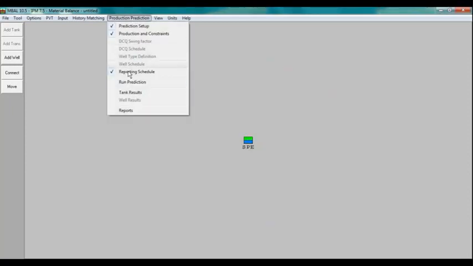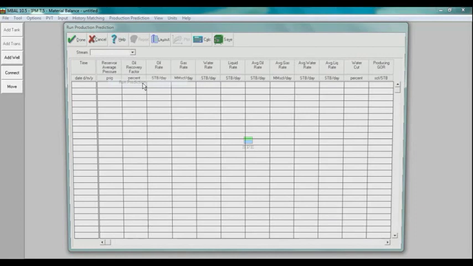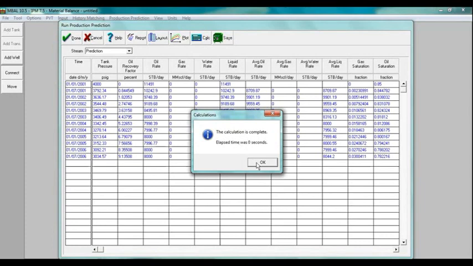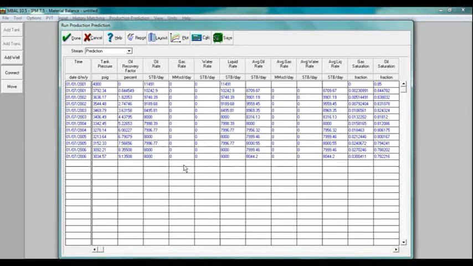Then you run the prediction. Press calculate. It gave you calculation until the 1st of July 2006. Why is that? Because we said that the production prediction will start from the start of production and end at the end of production, right? If you click on the plot,